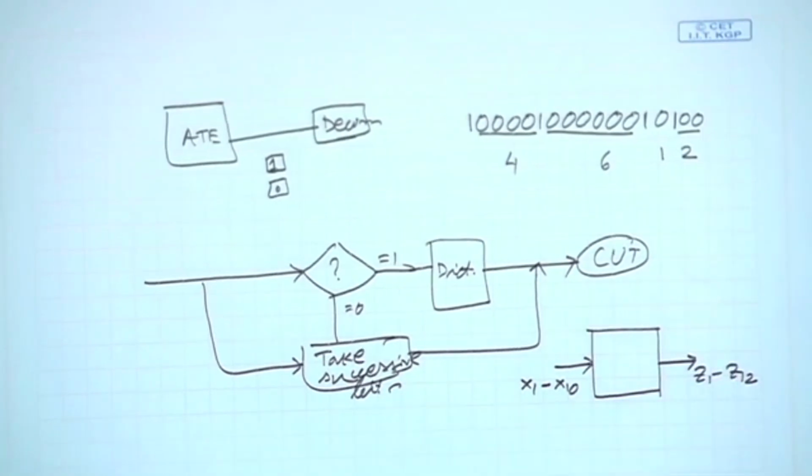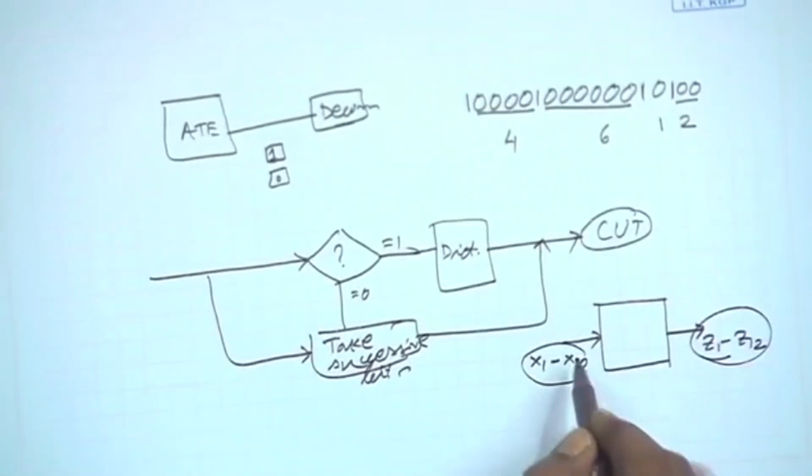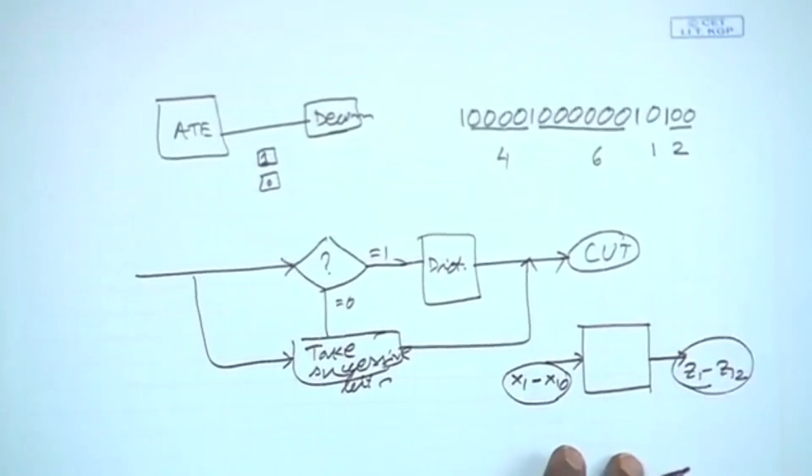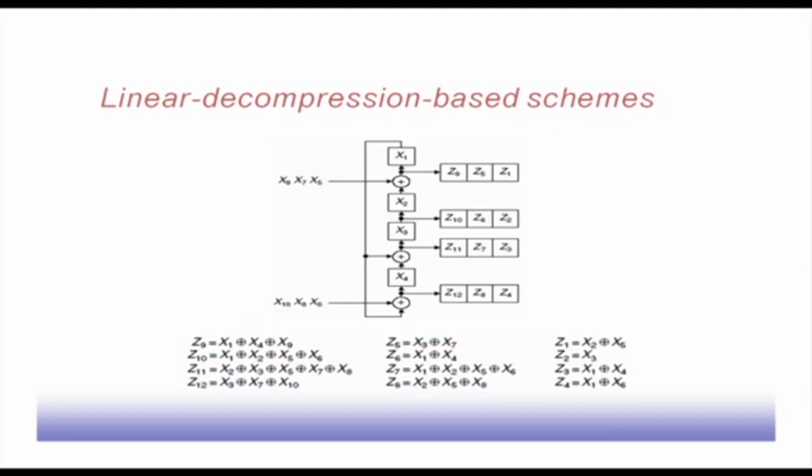So, the decompressor can generate 12-bit output. If this happens to be my test pattern, I do not need to store 12 bits in the ATE, but I need to store only these 10 bits. These 10 bits can be given to the machine, and the decompressor will generate the